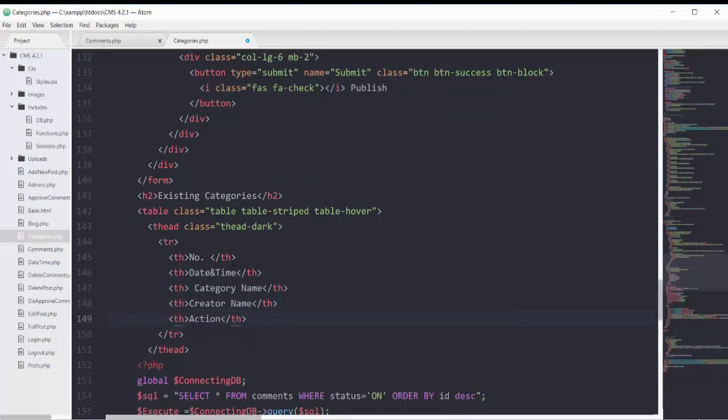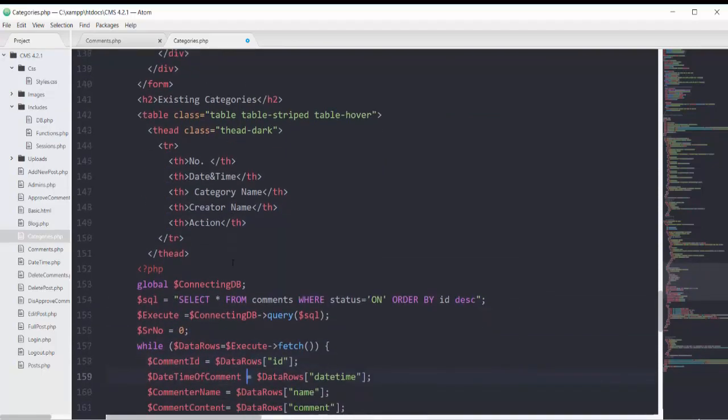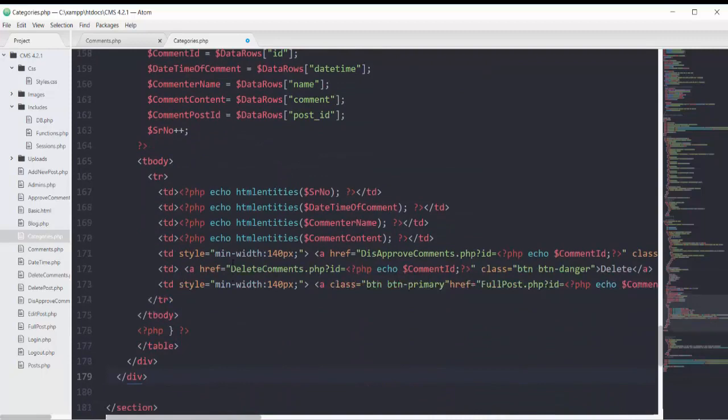So we will have only 5 columns. So now first of all, let's delete the unnecessary one from here. So first one will be for serial number, second one will be for date and time, then we will have our column for category name, then for creator name, and then for action.